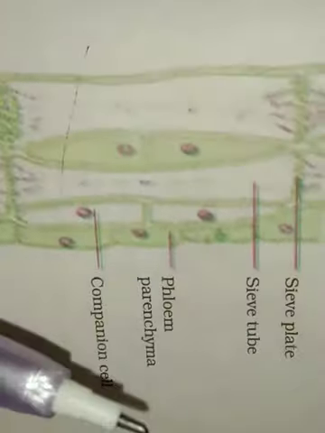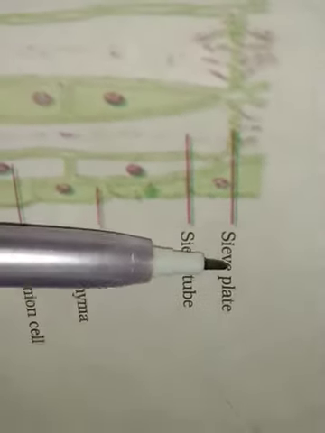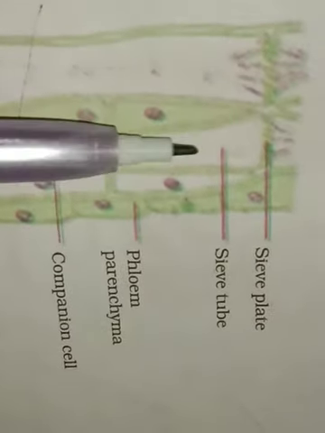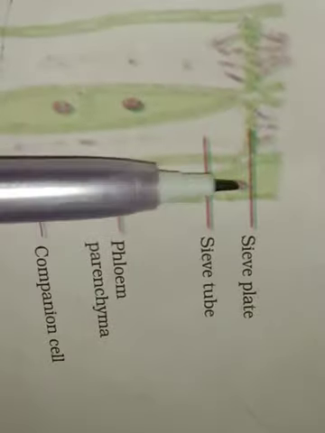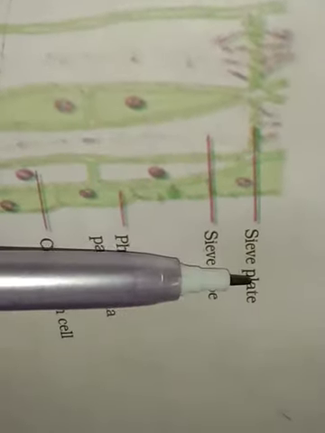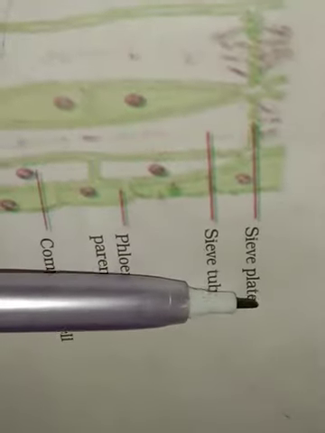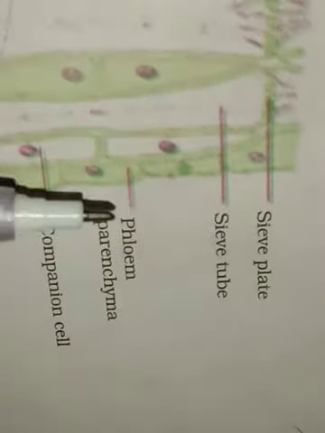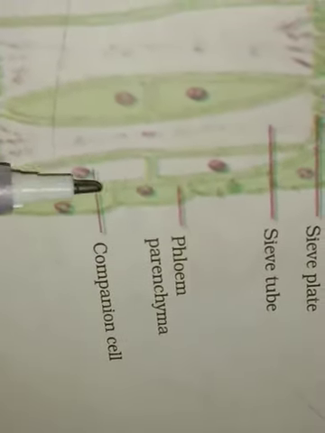Let's have a glance at a diagram. Yes, this one. It's the structure of a phloem. These are its four components. Sieve plates. These are the sieve tubes. It's a tube-like structure, and the lid by which it is covered is known as a sieve plate. Like in the kitchen, we put a plate as a cover on a utensil, in the same way sieve tubes are covered by the sieve plate. And these are the phloem parenchyma, and these are the companion cells.